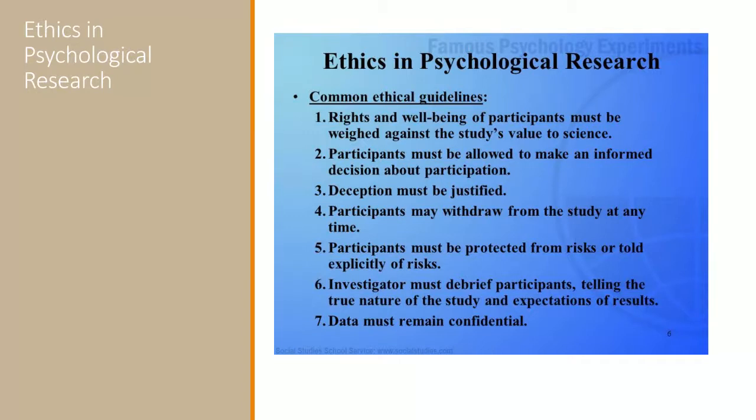Generally, there are informed consent forms about participating in a study. Any deception must be justified. So, for example, if there's a control group and an experimental group and people don't know which group they are assigned to, but right at the beginning, they would say you could be part of experimental or control, but you're justifying as to why. Participants always, always, always have to have the right to withdraw from the study at any